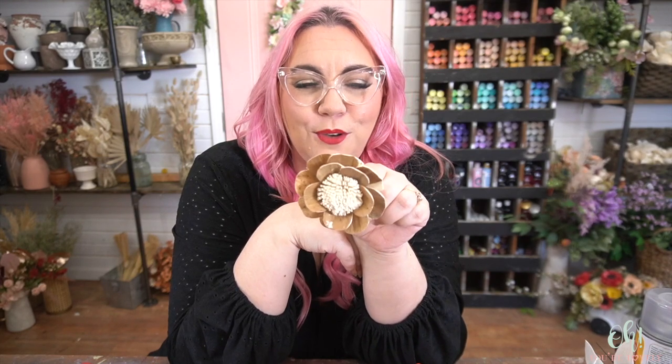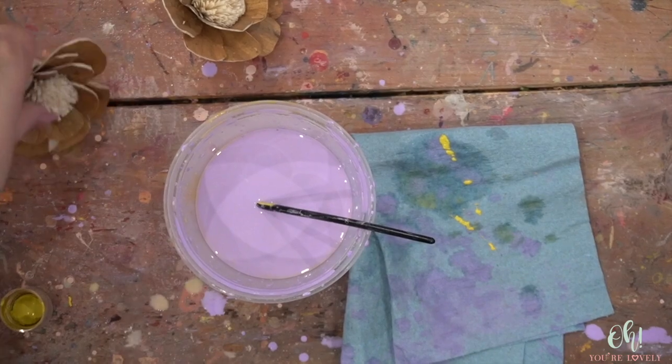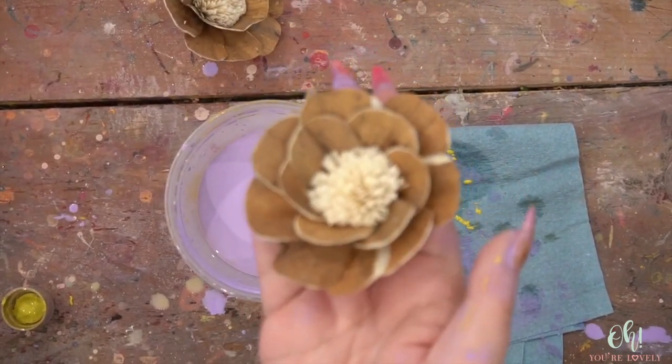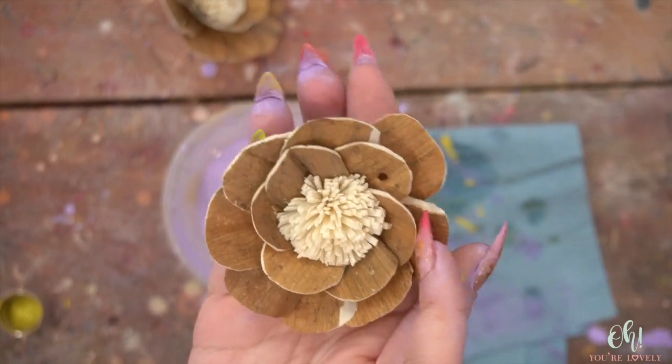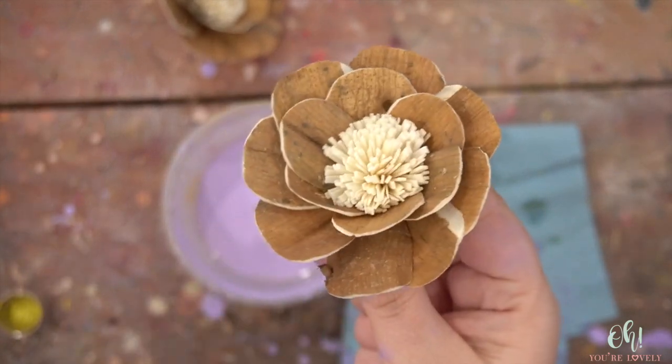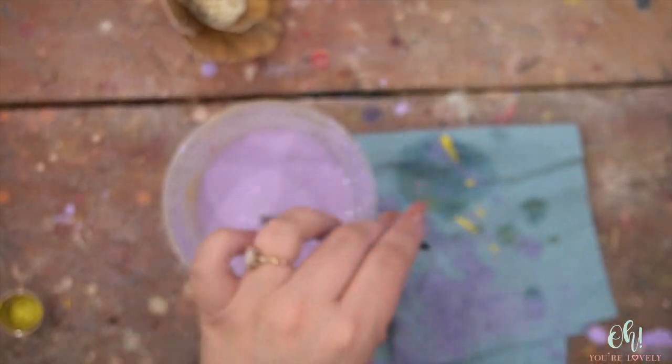So let's get to it. Let's dip dye a couple of these and take a look at what magic unfolds with Pamela. All right, so to dye Pamela, aka Pam, we can just do a dip dye, but notice here, just so you're aware when you're looking at it, wherever it's cream, that's gonna pick up the color. So by dip dyeing it,